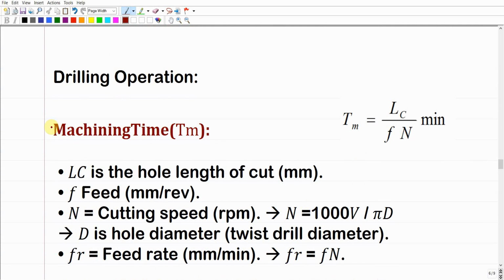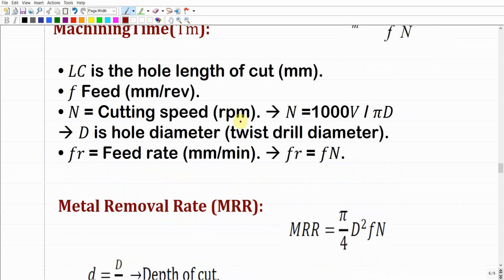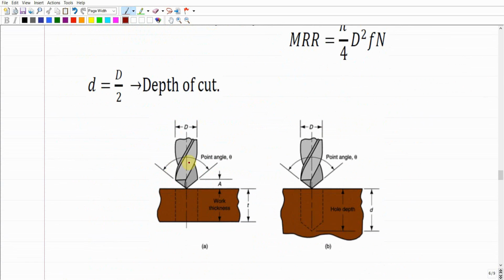For now, let us move to the machining time and meter removal rate for the drilling operation. We mentioned before that in the drilling operation you're going to have a twisted drill like this one, and this twisted drill is going to rotate. So the rotation of the twisted drill, this is the cutting motion. In the meanwhile, it will be fed into the work bar to penetrate, opening a hole into the work bar. So this vertical motion perpendicular to the surface of the work bar is going to give us the